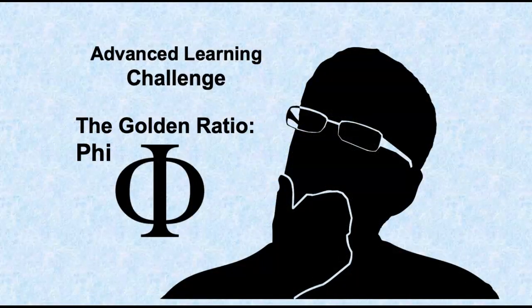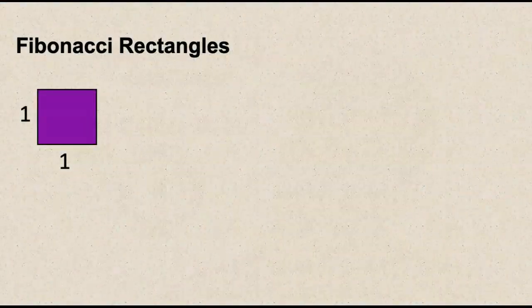Now I am going to explain a challenging option for you that involves advanced learning. As I said, the golden ratio of spirals is known as the Greek letter phi. Let's talk about that a little more in depth. As I said, we can more easily visualize Fibonacci's sequence by looking at it geometrically. So we're going to look at some quadrilaterals here.